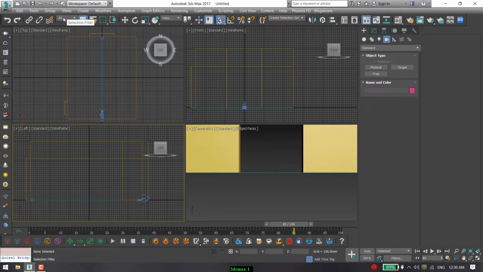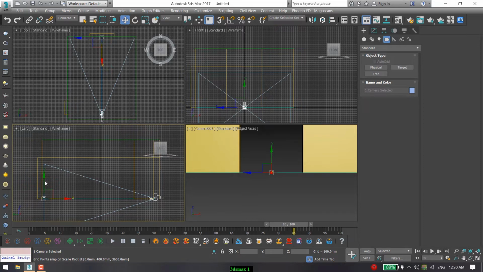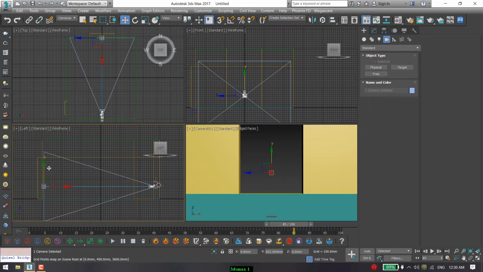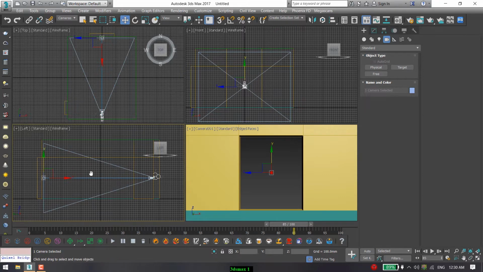But if I come here and selection filter, if I set up a camera and select this camera, click on move, first snapping mode off, and move this camera in Z axis, in this viewport Y axis.